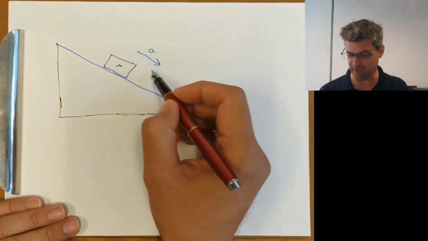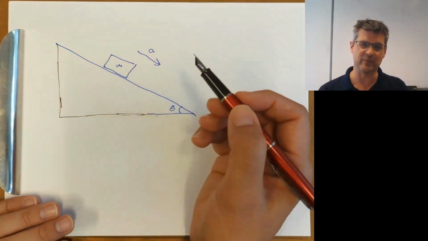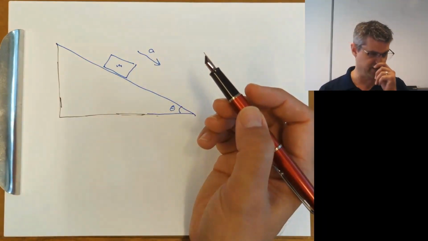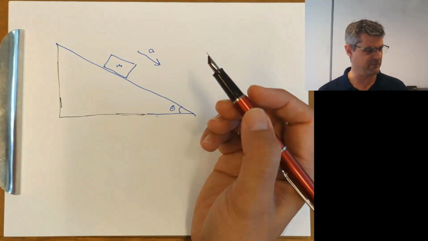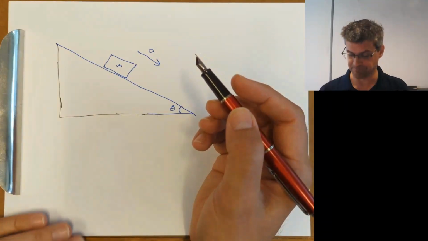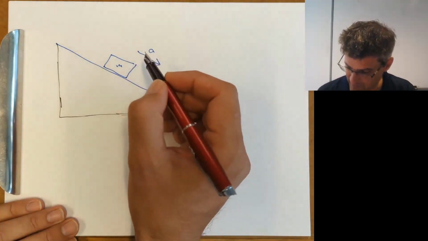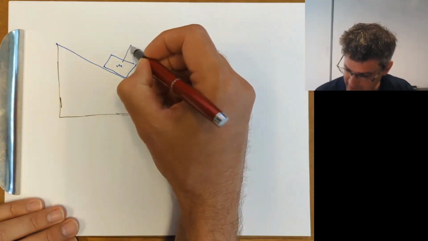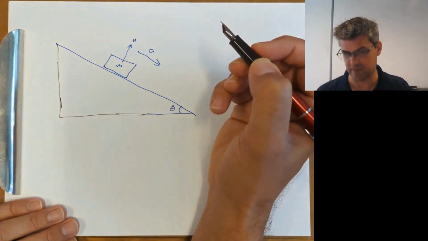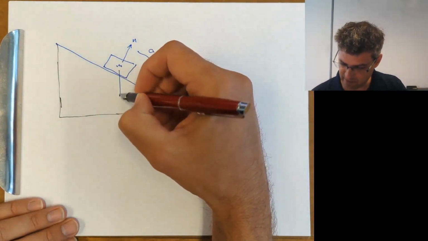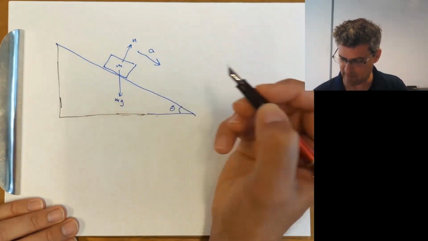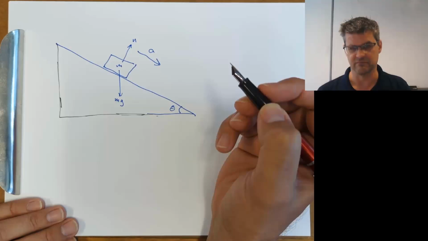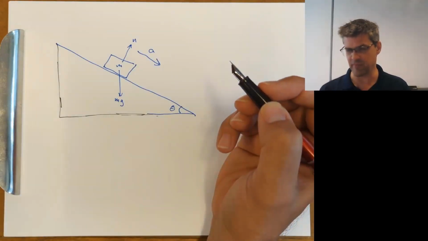I have some components of acceleration. I could really do this as a horizontal and a vertical problem if I wanted to, right? So for example, I see that there is going to be some normal force. I see that there is going to be some weight, mg, and maybe we've got,